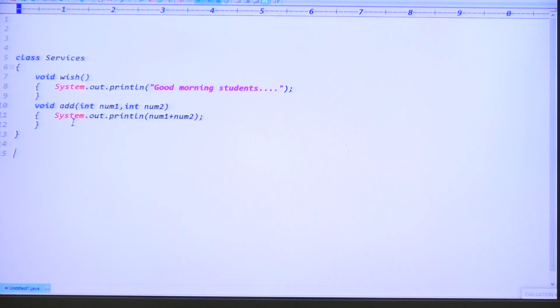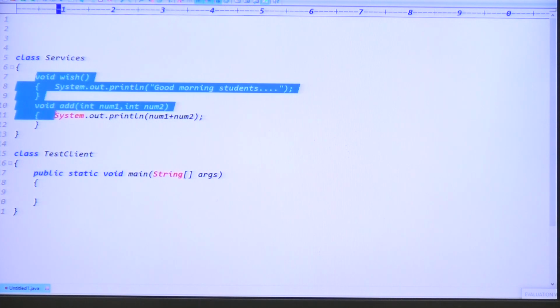So tell me, guys, do you want me to declare the main method in the Services class itself, or do you want me to take a new class? Which one is better for you? Definitely you said take the new class. That's what, guys. Then take the test client code. In the client code, he is trying to access the logics, right? Exactly. Test client class, guys. In the test client, you can define the main method. So public static void main, and we can write String array args, open brace, close brace. Then tell me, guys, void wish and the add method.